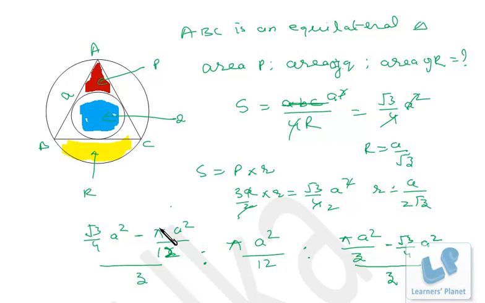In this particular question, the options are given in this format only. This 3, 12 and 3 are just simplified, nothing else. Apart from that, the entire things remain the same. The simplification is there, but the options are in this manner only. Since I have not used the options over here, I'm not writing them down, because it will be unnecessary and time consuming, right? But this is how we can proceed with this sort of problems. And the problem is really easy if you know the relationship between area and radius, circumradius. Nothing else we have to use over here. Okay, the simple concept of inradius and circumradius we have used over here. Okay, I hope you are clear.